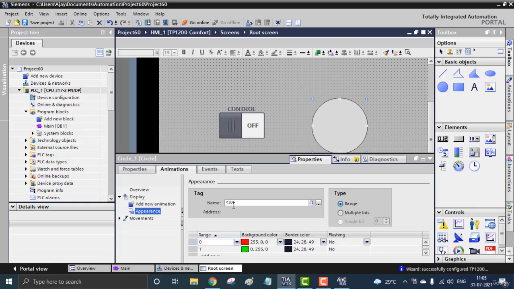Inside the appearance, I use the same tag for changing the color, because when the control turns on the SW1, this also changes from 0 to 1, from 1 to 0, because it is boolean. So the range starts from 0 to 1, and you can fix the colors right here, and that's it. Go to simulation. It's your time. Thank you.